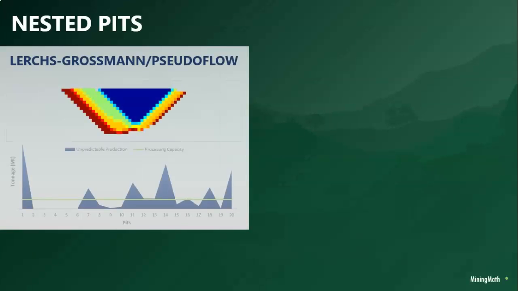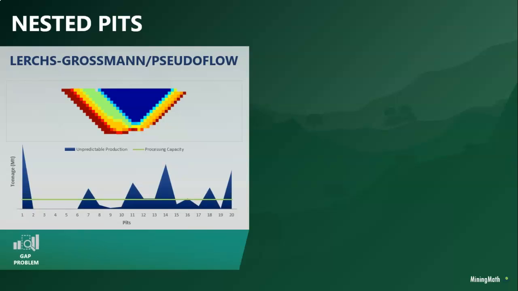So let's see some differences between the traditional technology and our technology. The first thing is that here we cannot input a processing capacity. Thus we have gap problems between pits and spikes in production. Here in Lerchs-Grossmann and Pseudoflow, we don't consider the value of money over time, so we have an undiscounted cash flow. And we also have a predefined cutoff, so you have to input this value. And the revenue factor, you have to input 1, 2. And for each nested pit, you have one factor.